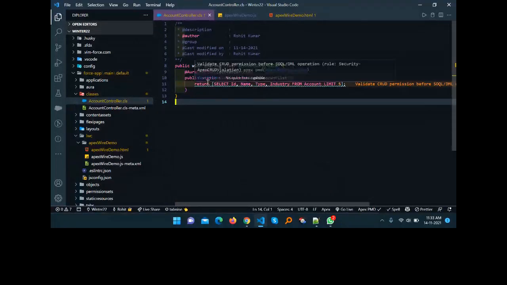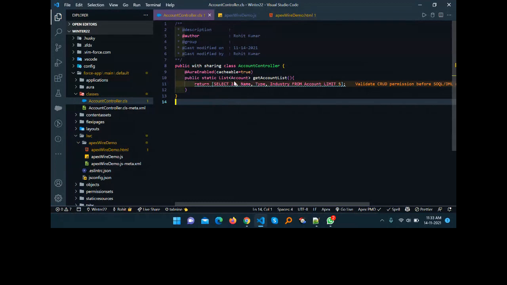Under the account controller you can see my AuraEnabled. This is an annotation. If you want to use this controller in the LWC or any Lightning framework, you must implement this annotation, AuraEnabled(cacheable=true).